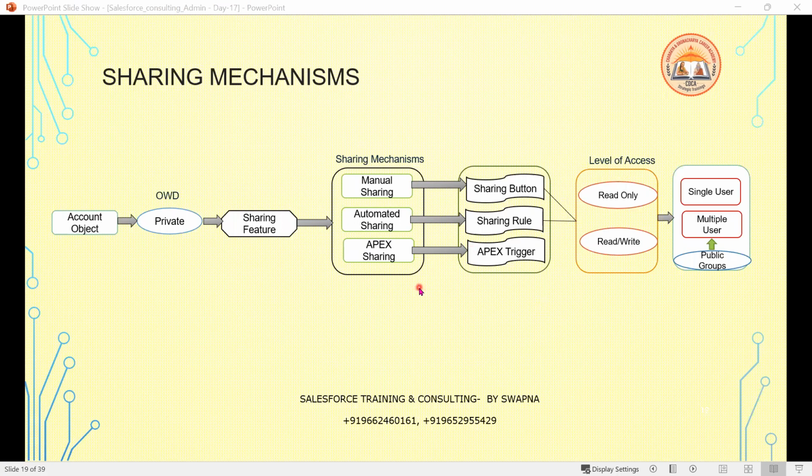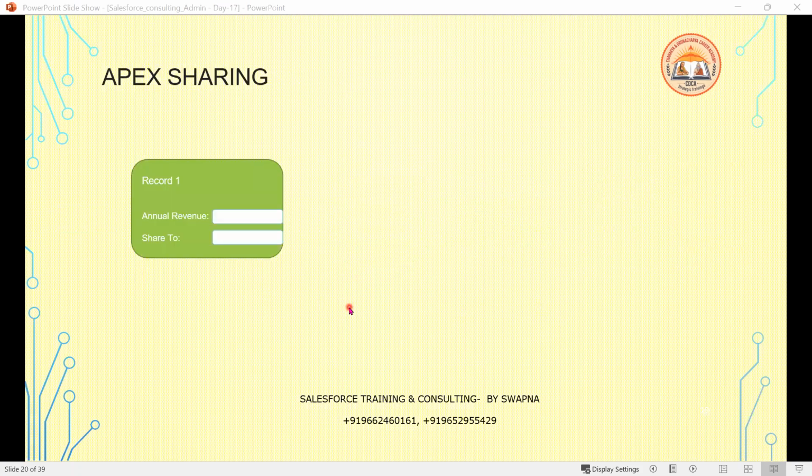Okay, Apex sharing. So they will ask the interview question: what is the reason that we need to use Apex sharing? Is there any scenario that you have worked on it? Definitely we will see this scenario in the development class. But right now, to give you clarity on why we need Apex sharing, let's assume that you are